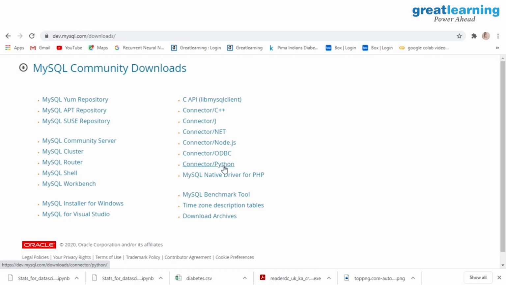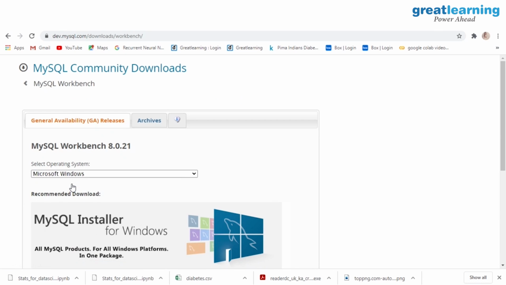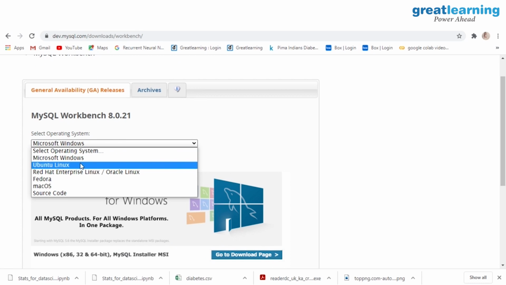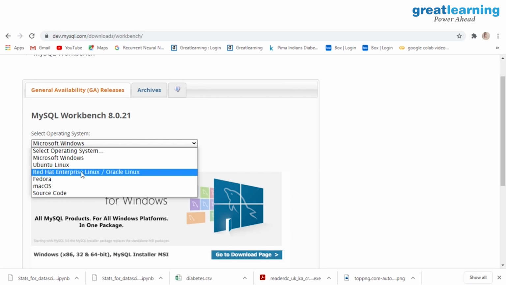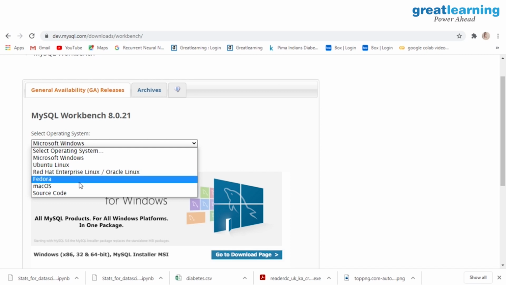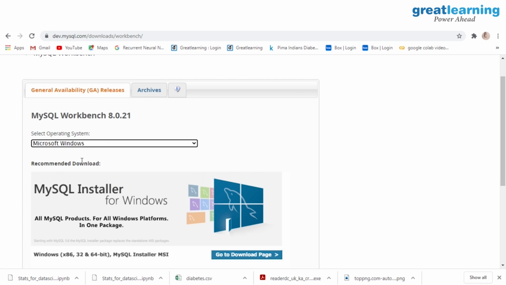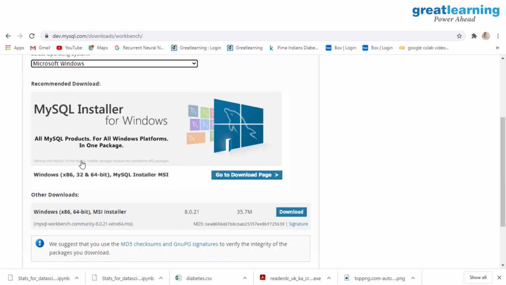Click on MySQL Workbench. Now you will get Select Operating System. If you have Ubuntu, that is Linux, you can use that. If you have Oracle Linux, you can use that, as well as macOS, source code, and Microsoft Windows. In my case, it's Microsoft Windows.